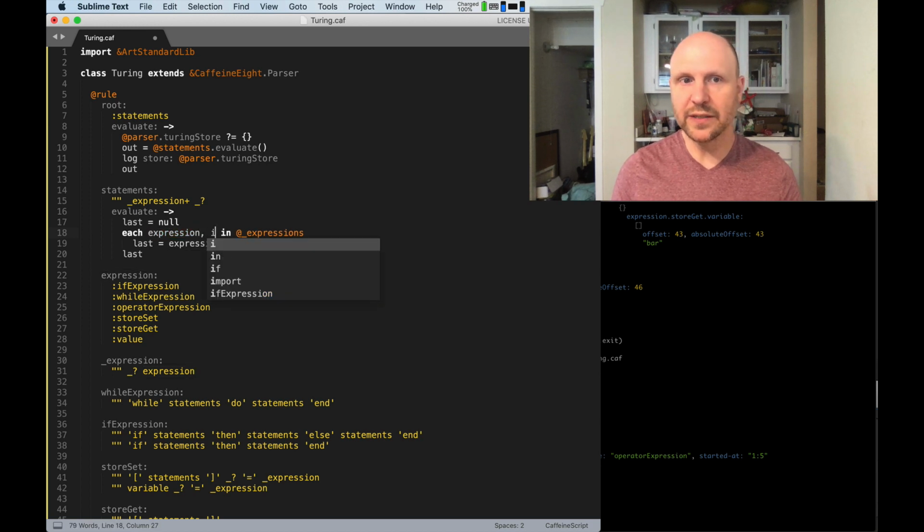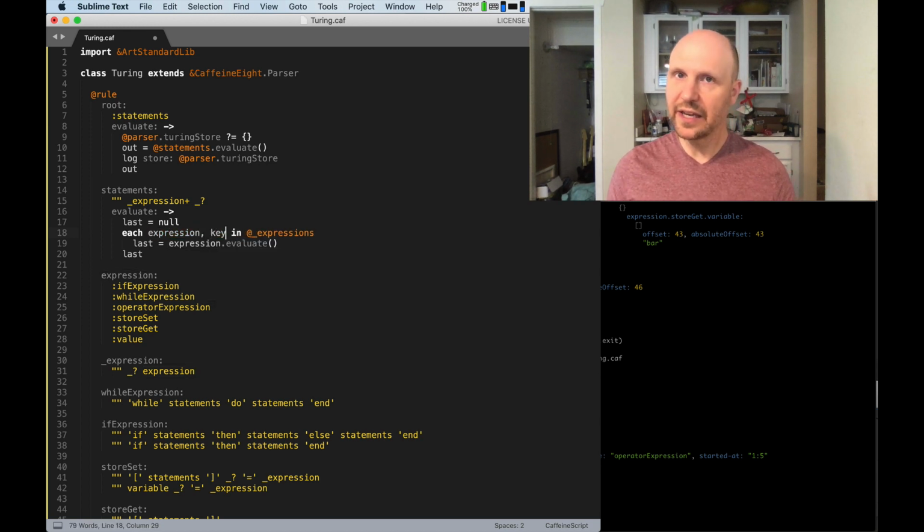We could also do this, which will grab us the key of each iteration. On an array, it's going to be 0, 1, 2, 3, 4, and on an object, it's going to be the property keys. But right now, we don't really care about those. We're just going to grab the expression. Notice this is plural. So whenever you're matching one or more of something,